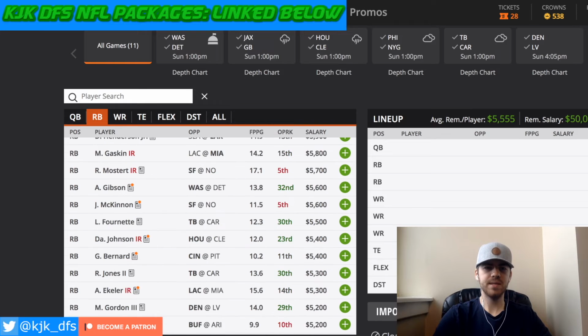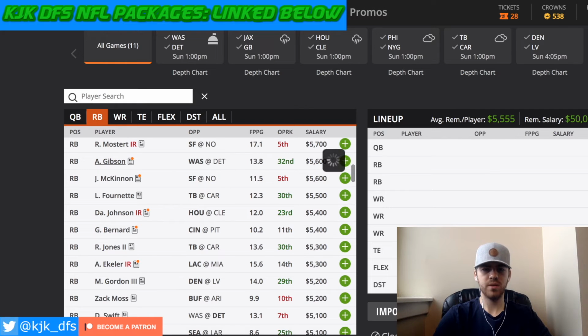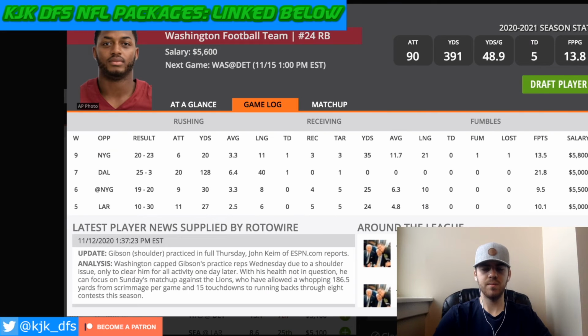Antonio Gibson, a guy that's in a great matchup this week, taking on the Detroit Lions. The Detroit Lions have been the worst team in the league against running backs this year, as far as DK points given up a game, just not getting the job done against running backs. And I do think that Antonio Gibson is starting to see an increase in workload. He only had 6 last week, but I think that had something to do with